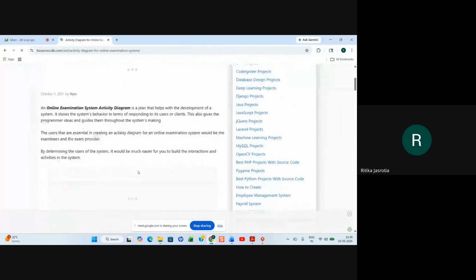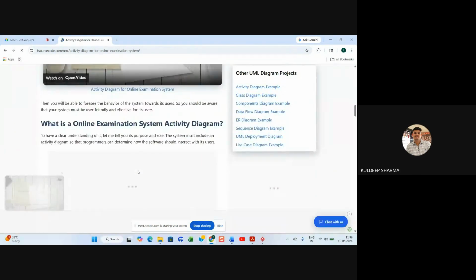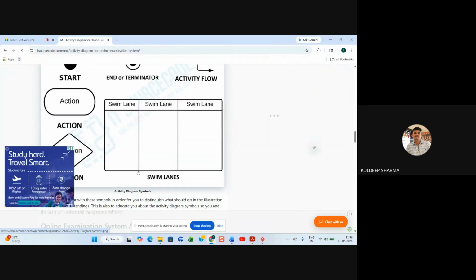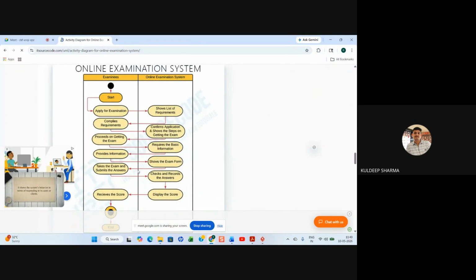Just like the last one, I have the same thing on Excalibur, but it is very lengthy in size. So that's why I'm saying don't make it too lengthy. Make it compact. Here they are saying: start from the examinee's point of view, apply for examination.